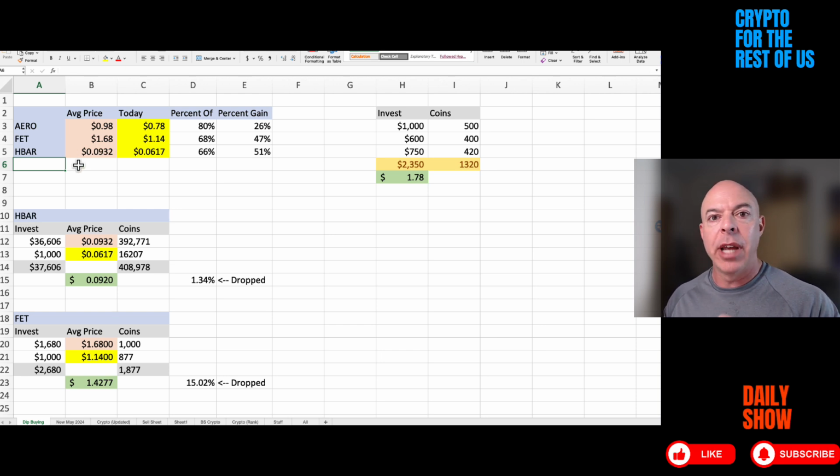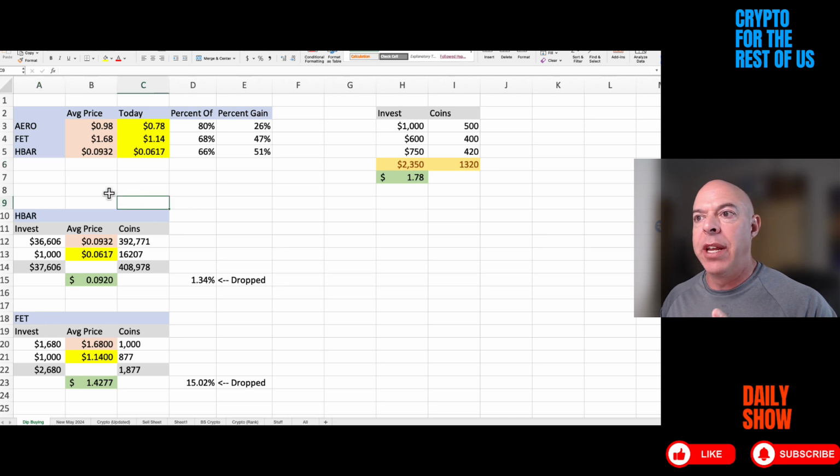Second, I look at the current price that these may have dropped to versus my average price. Not the all-time high or anything like that. What's the average price that I have? And then third, once I narrow those down, I look at whether the investment would even make a difference. I'm going to assume in this example that every month you have a certain amount of money from your paycheck that you want to dollar cost average in.